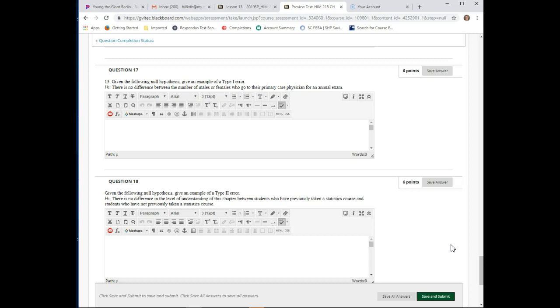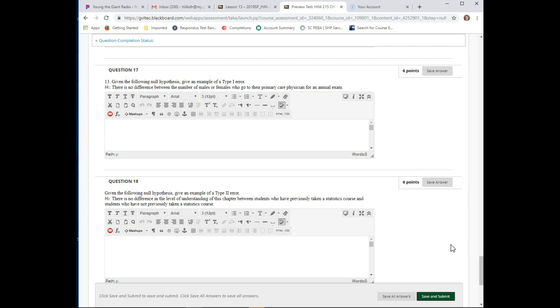Well, type 1 error occurs when the null hypothesis, the null or zero difference between the two samples, is rejected, but yet it is actually true. So you're rejecting that there is no difference, but there actually is no difference. And the type 2 error occurs when the null hypothesis is not rejected, yet it is false,